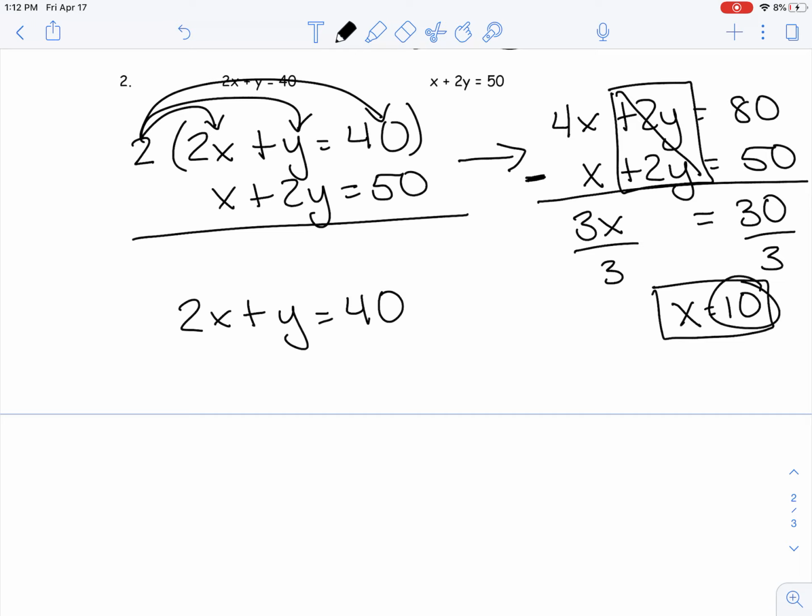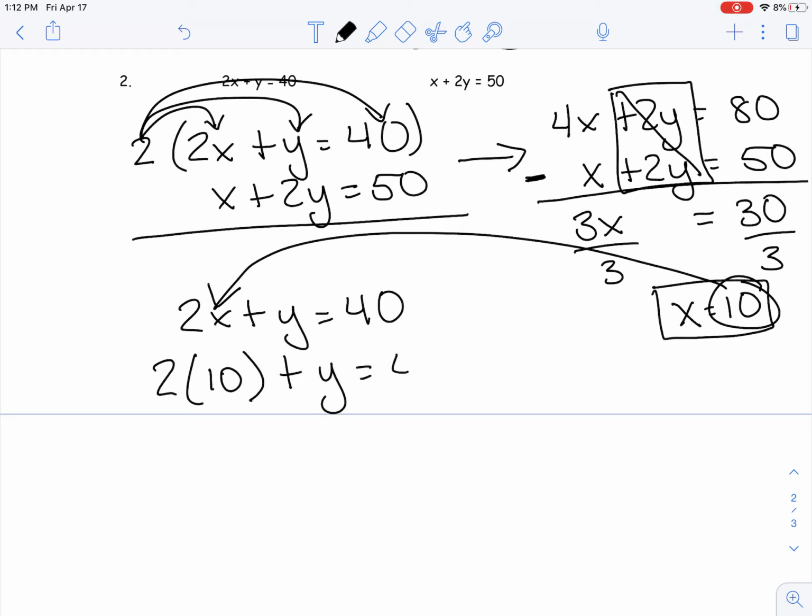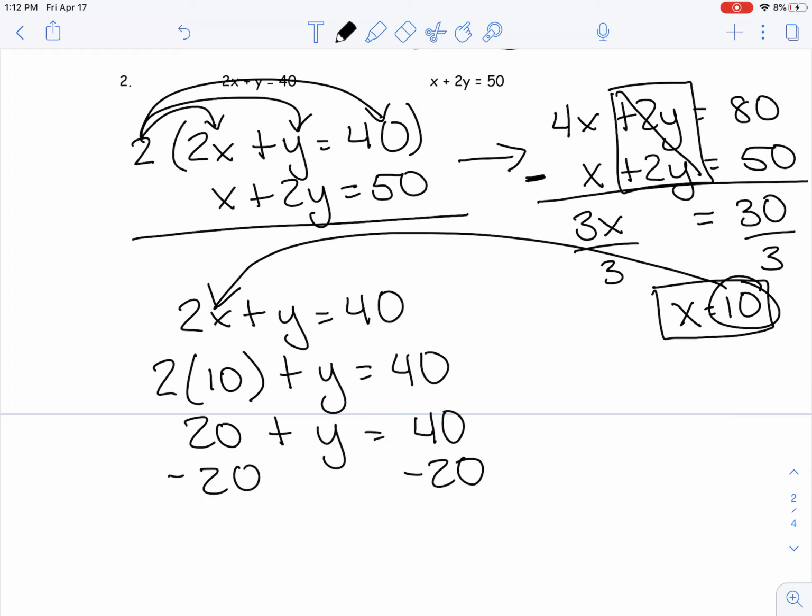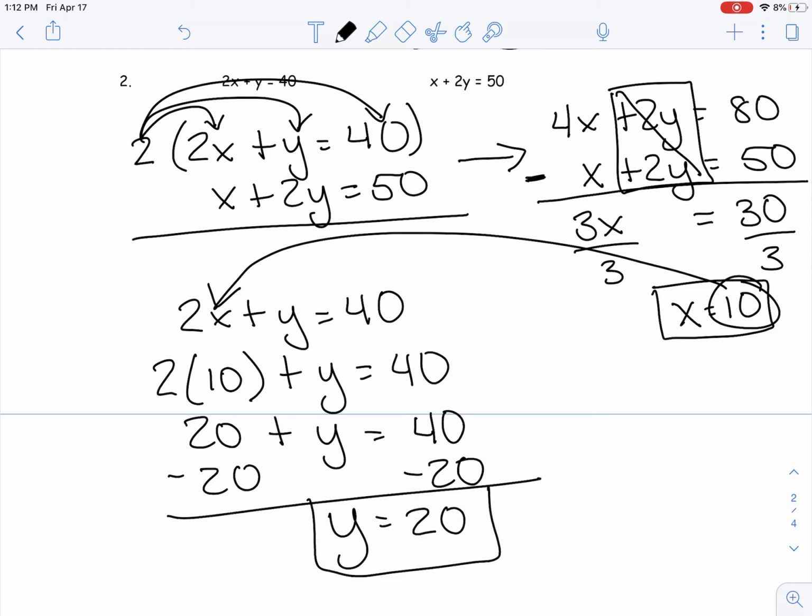So I'm going to take my 10, substitute it in. 2 times 10 plus y equals 40. 20 plus y equals 40. Subtract 20. Y equals 20. So my solution, 10, comma